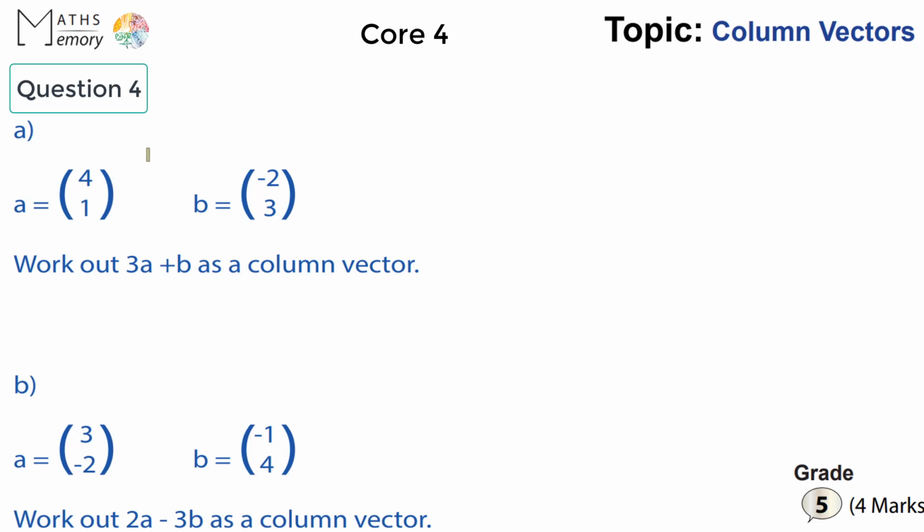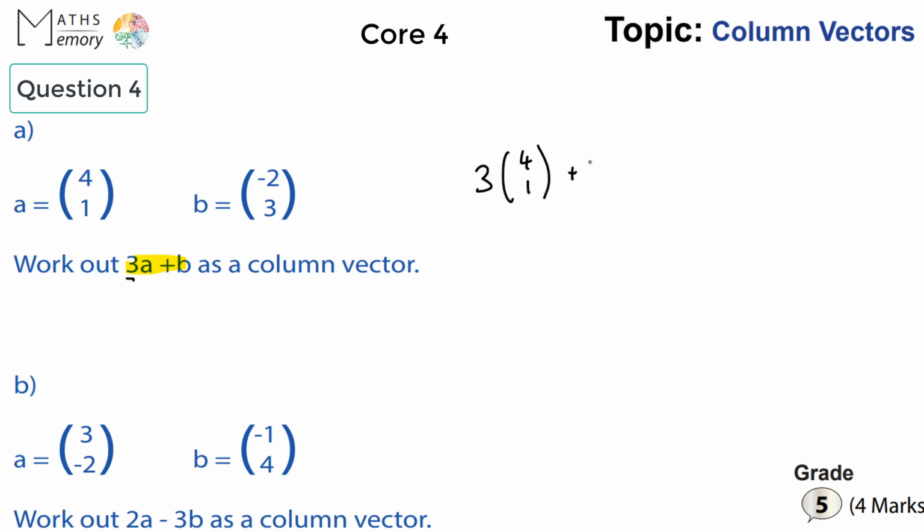And let's attempt the first question, part A. Work out 3a plus b as a column vector. These questions aren't too difficult, so let's look and see what they mean by this. A is our column vector over here. This 3 simply means something called the scalar or the magnitude, which is multiplying this column vector, or your direction. So if we look at this, it's the same thing as saying this 3, 4, 1,